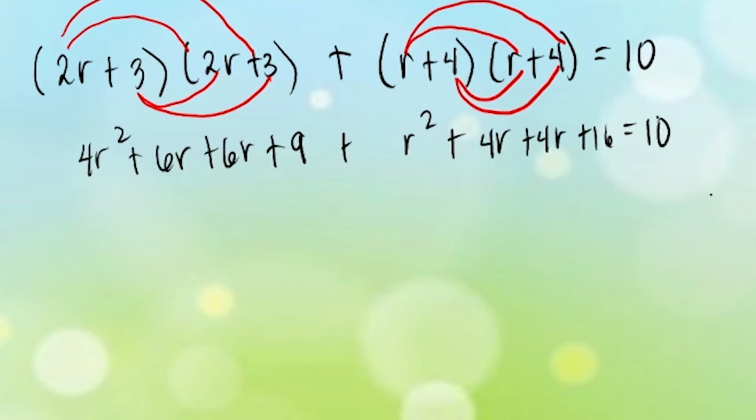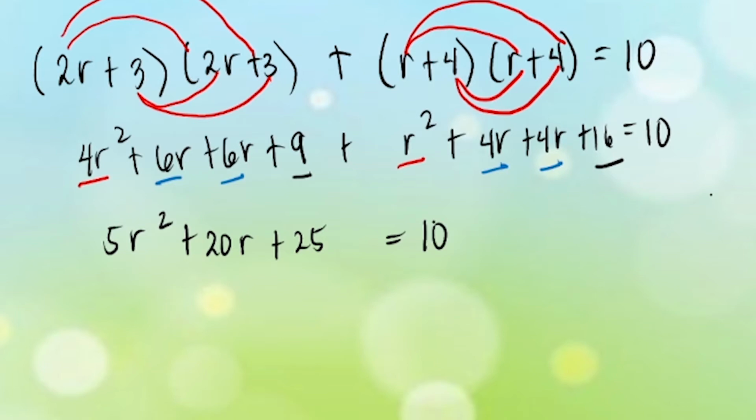After that, we're going to simplify the equation by combining like terms. We have 4r squared and r squared in here, so the sum is 5r squared. Next, we have 6r plus 6r is 12r. 12r plus 4r is 16r. 16r plus 4r is 20r. So we have to write here 20r. And then we also have 9 plus 16, which is 25,